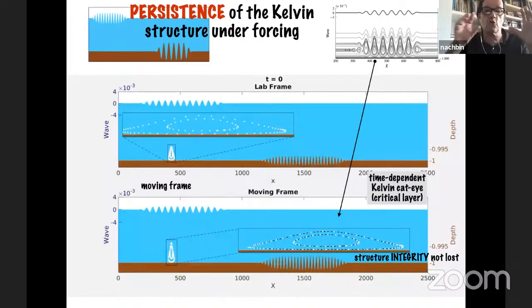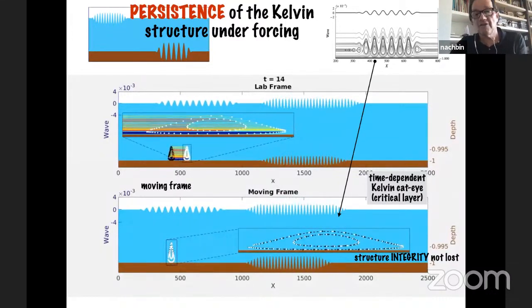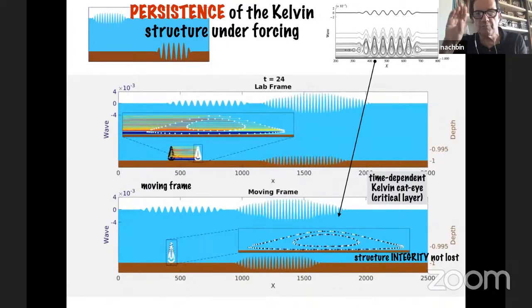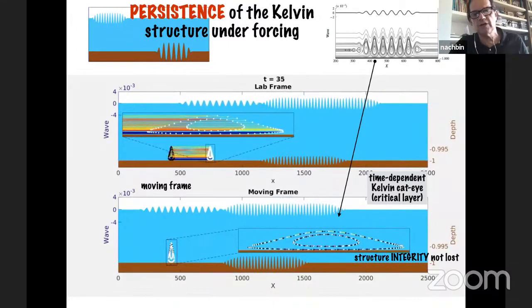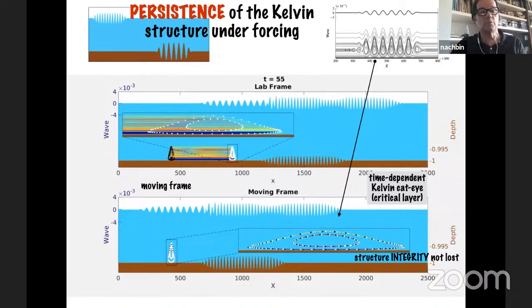We put, of course, only particle markers over one eye of the cat-eye structures, because you have to solve an ODE for each of these. And here it is. You see the wave being generated from the mound, which is this sort of blinking thing from the topography. You see at the bottom here the topography moving towards the wave because it's in the moving frame.